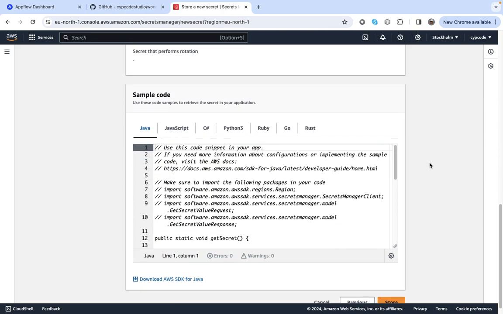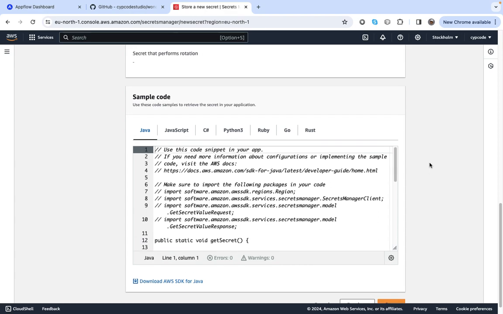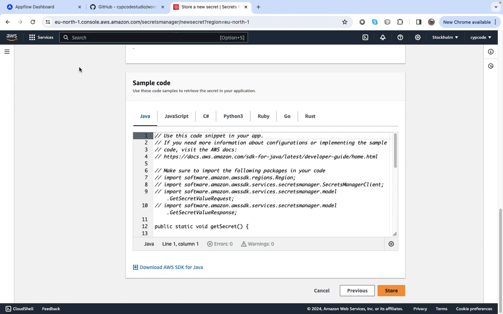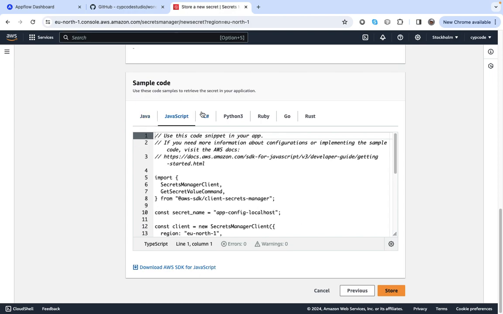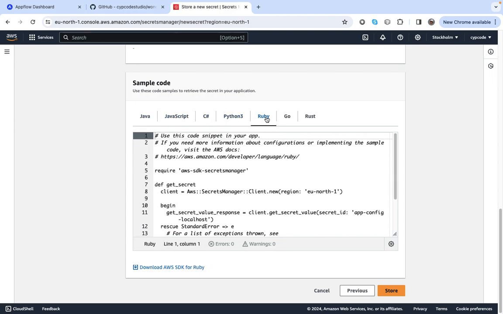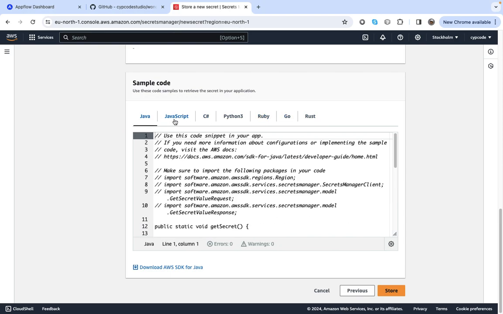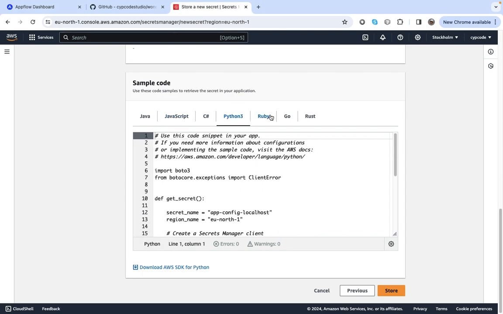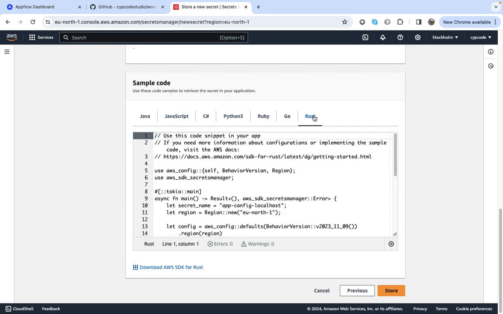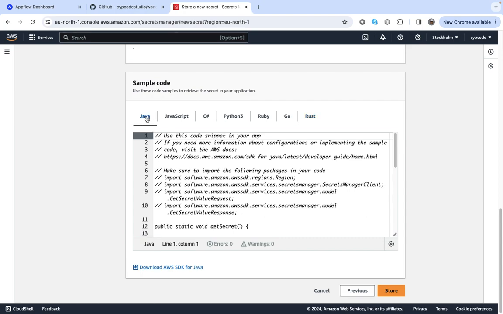Also, if you have a look, guys, the configuration of the secret also has different code bases, where it shows you how to set it up for different languages: Java, JavaScript, C#, Python 3, Ruby, Go, Rust, and you can use this code base to follow up on how to set it up